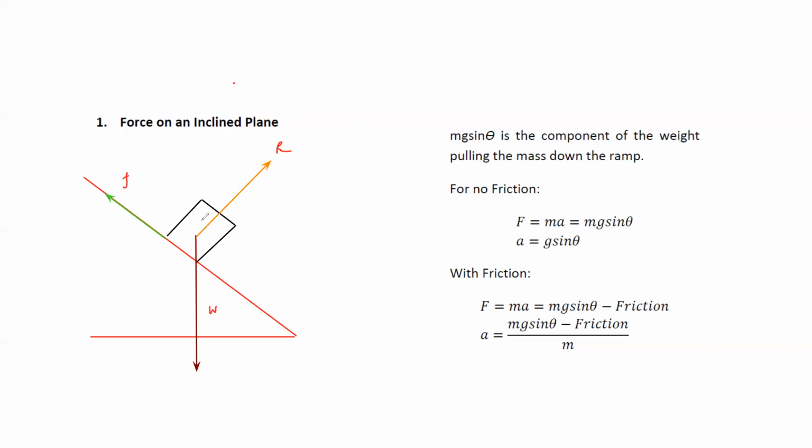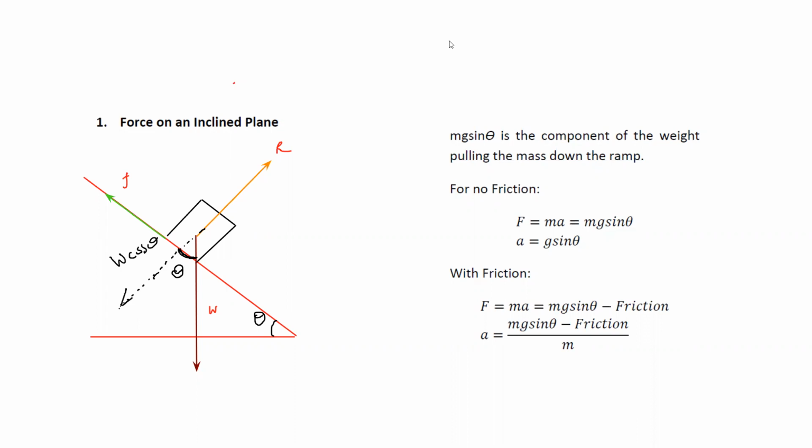Then what we do, we will always resolve the weight into its components. For example, it is making angle theta here. So we will always consider the axes. The angle which the inclined surface is making is always the same as the angle of the weight. So these two angles will always be the same. So the weight will have two components. The component of the weight which is with the angle is called W cos theta.